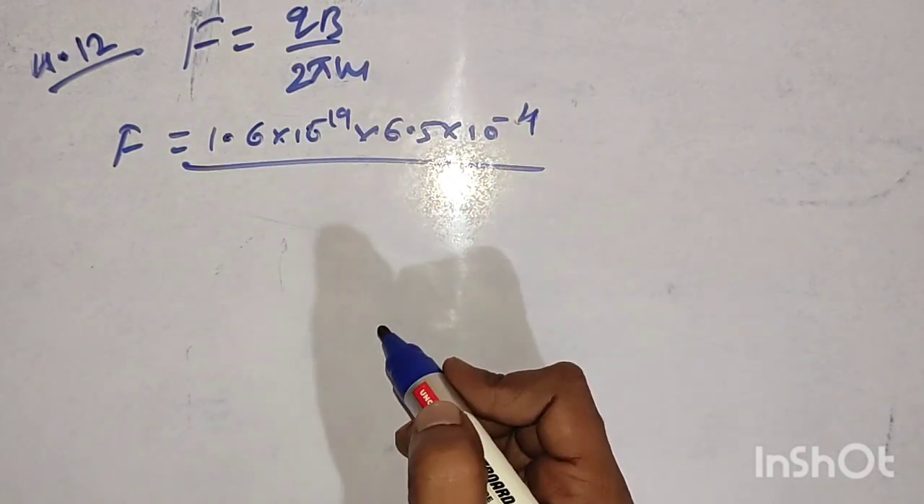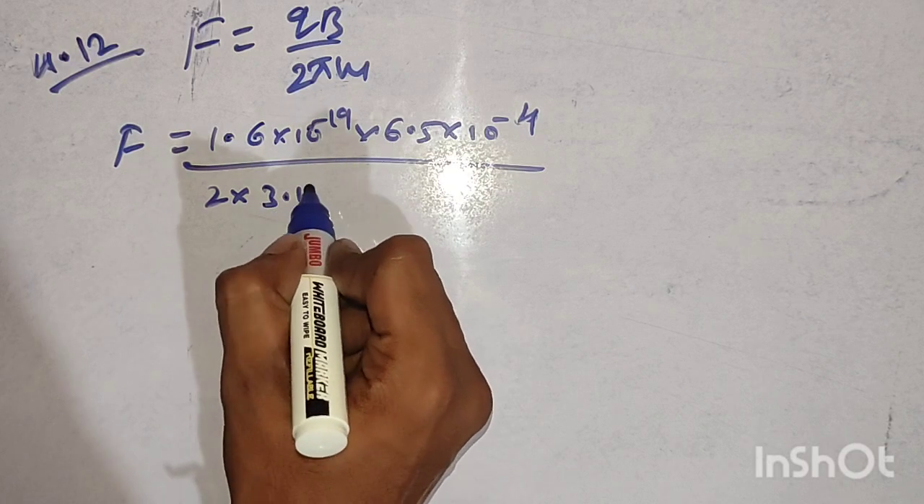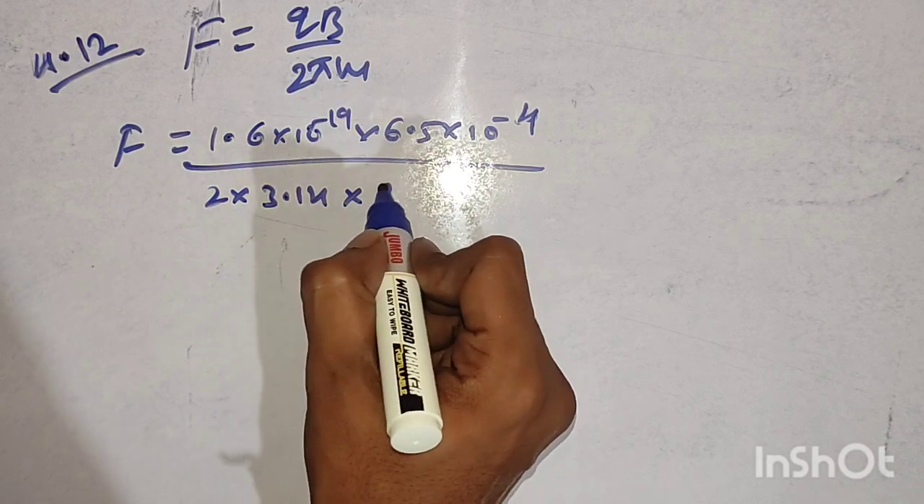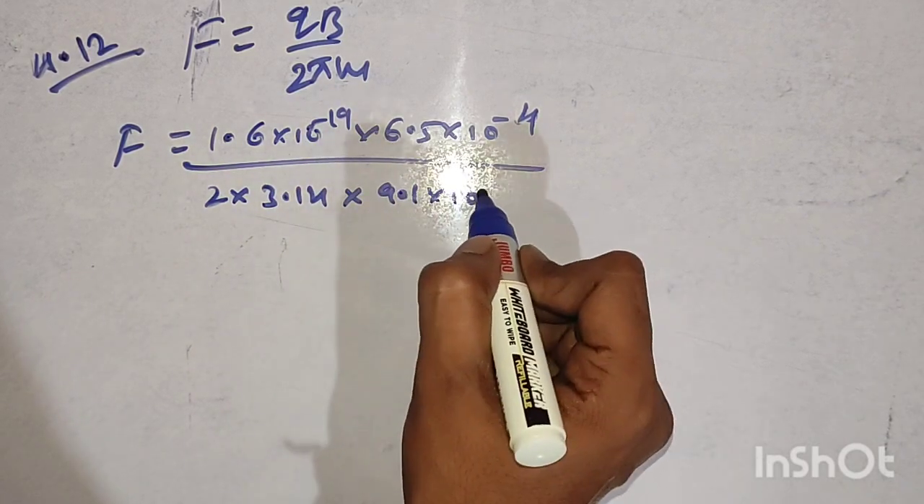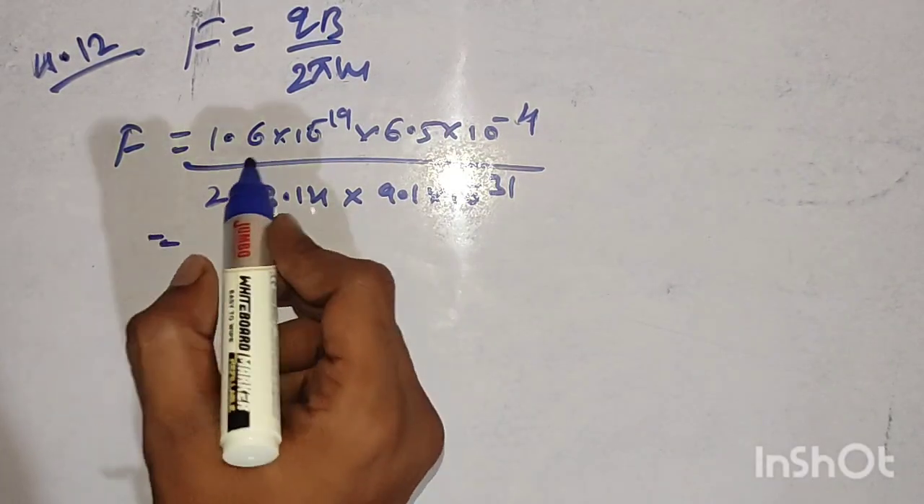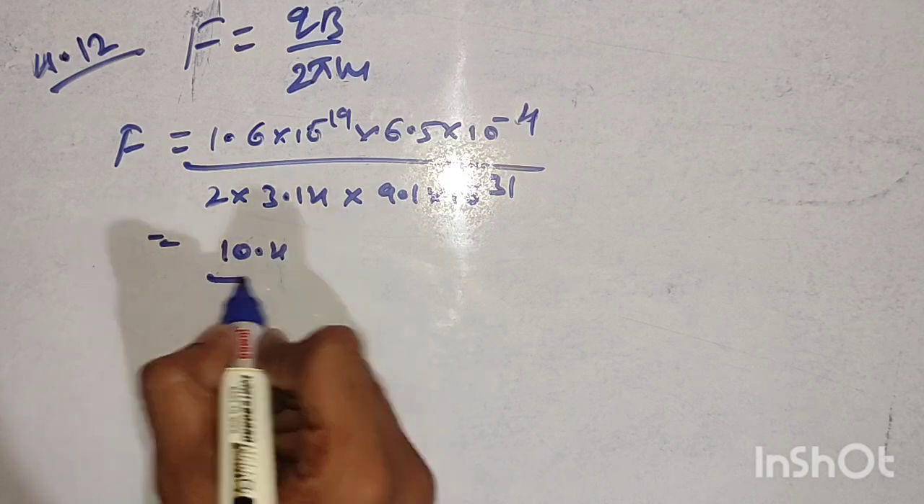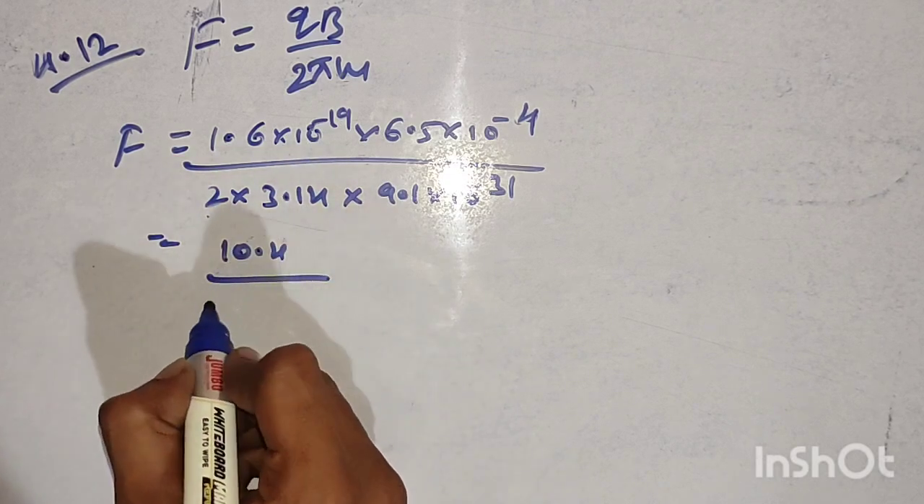Minus 4 divided by 2 into 3.14 pi value into m, that is 9.1 into 10 to the power of minus 31, the mass of the electron. 1.6 into 6.5, we will get 10.4. 2 into 3.14, we will get